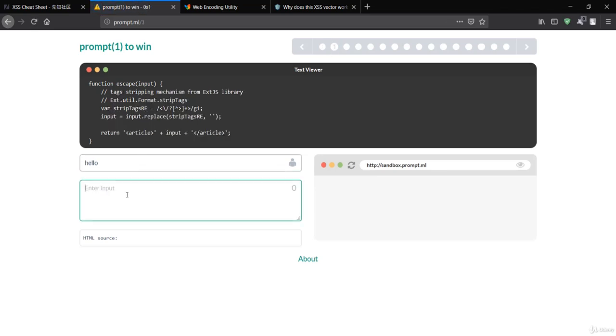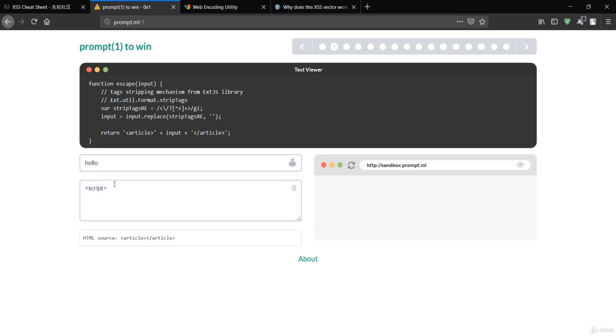So let's see. In this challenge, you can see the function that is going to be executed, and you should have guessed that this will take the input and replace or strip this part. Let's see what is happening here. When I say hello, hello has been reflected inside this article tag, which was our input. But when I type script and close the script, the script is invisible inside this article tag.